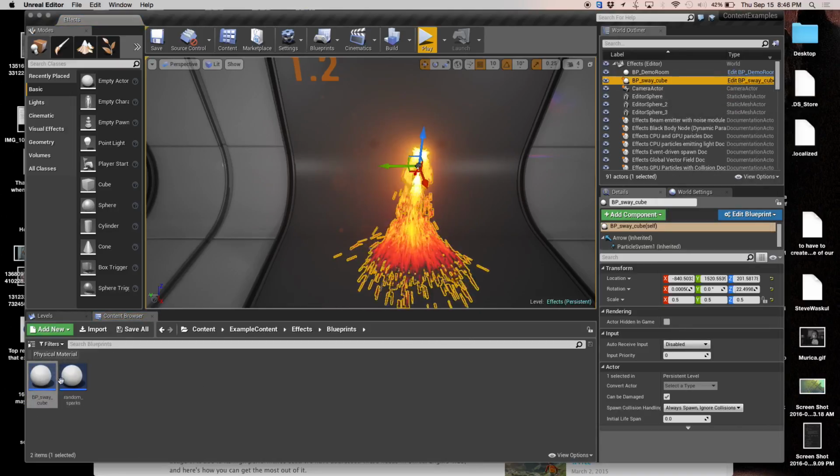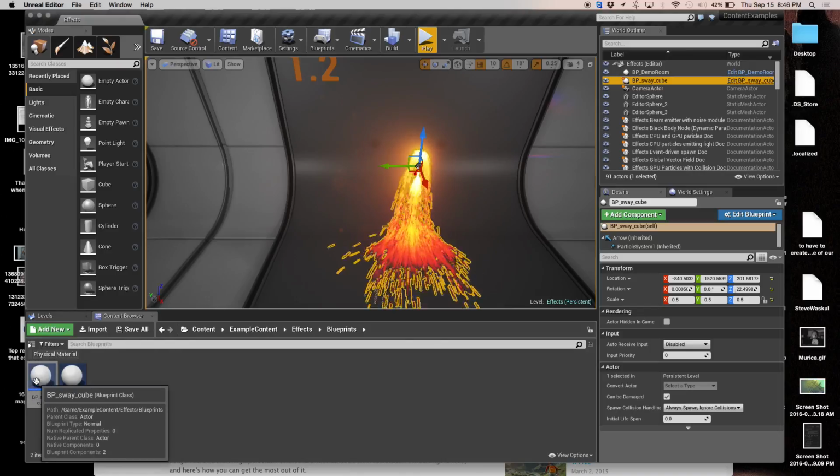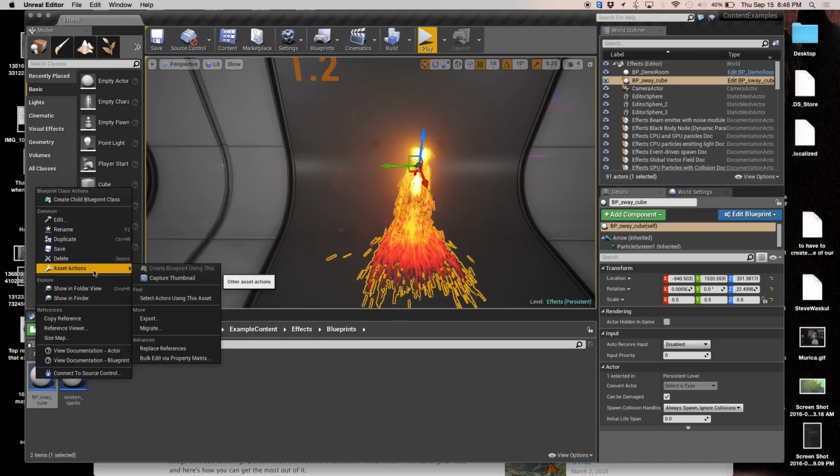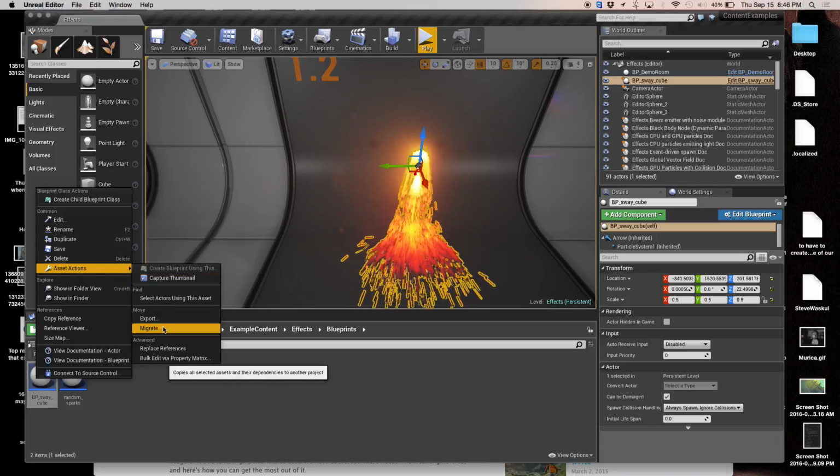And there it is in my content browser. It has located it for me. And I'm going to right-click on here. See all the right-clicking? This is why you need a mouse. And so what am I going to do with this? I'm going to go to the asset actions that I have available to me, and I'm going to migrate. See that right-click, asset actions. Sorry, it's a little small. And then migrate.